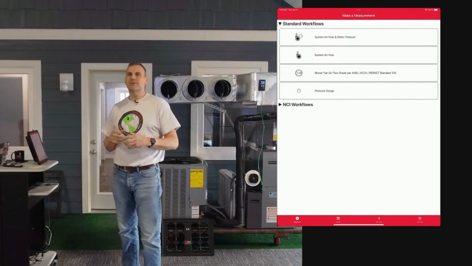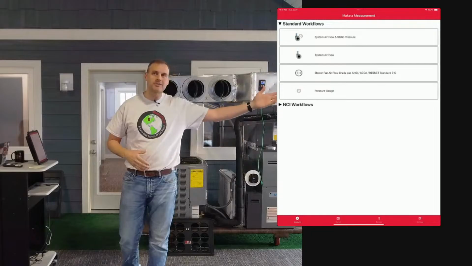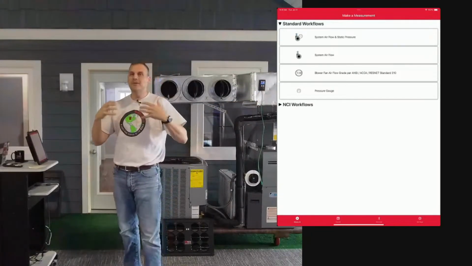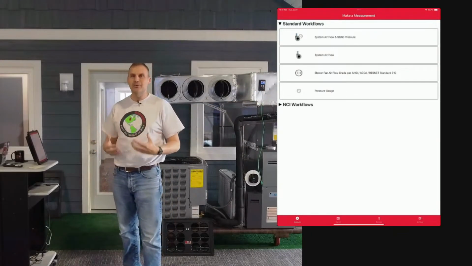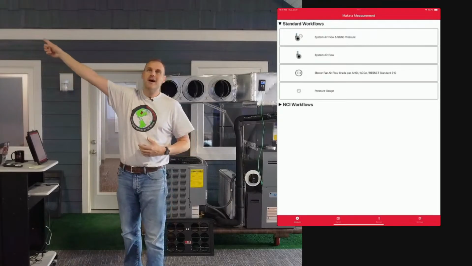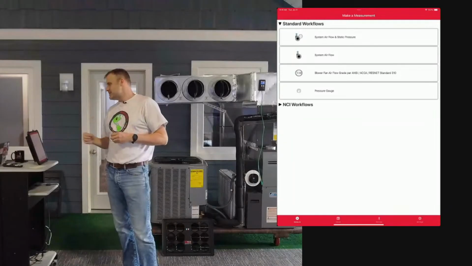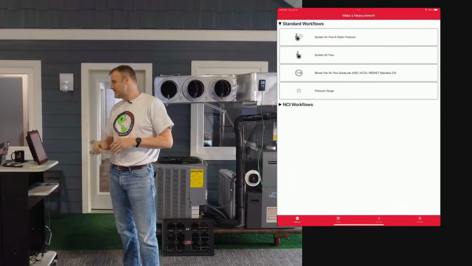That's the one that's going to require more work from you in the field. You're going to pressure map the whole system using that workflow. If you want all the data and you want the ability of forecasting mode, you have to use that top workflow right there, okay? Now, there's a system airflow workflow, there's a standard 310 workflow, and there's a pressure gauge